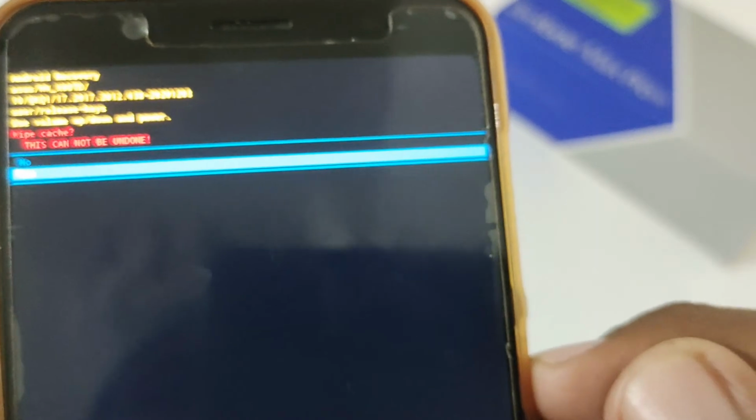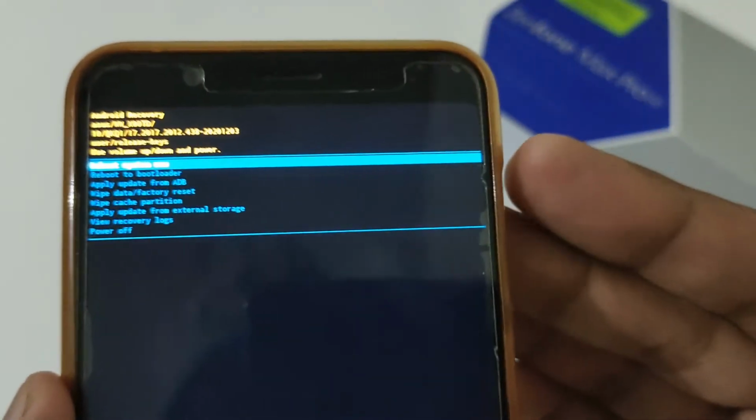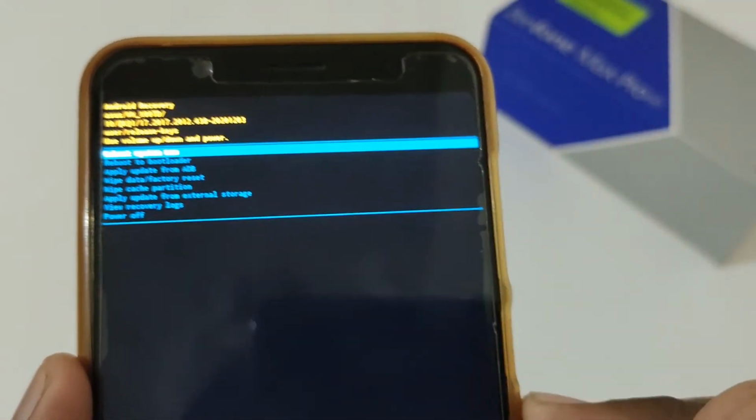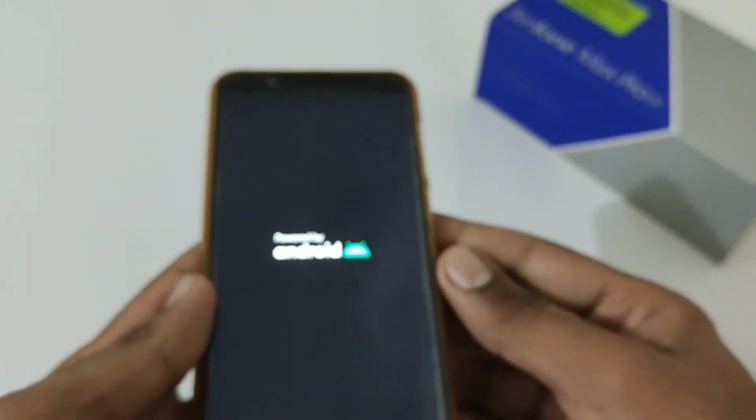Now we are good to go, and let me show you that I am on the yes option. To select this, we have to press the power button. Afterward, it will show you some things in the below section like wipe cache, formatting cache, cache partition complete, and so on. Once it is done, you are good to go with reboot system. By default, it will be selecting reboot system now. To reboot, just press the power button and it will successfully reboot your phone.